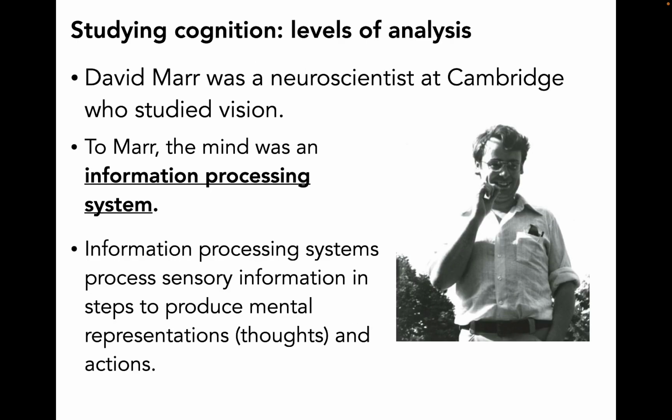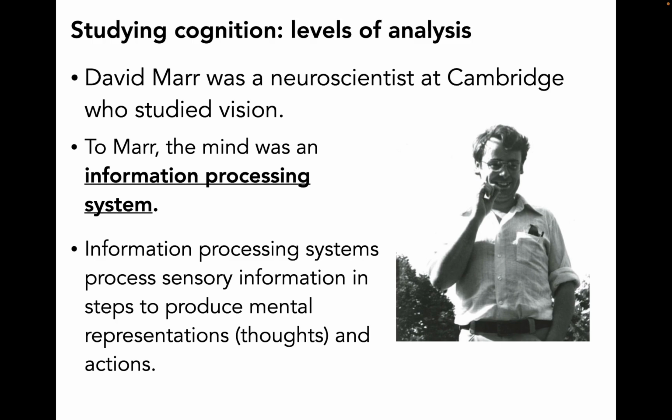Okay, so in this class, we're going to study cognition, cognitive psychology, at 3 different levels. And this approach was really pioneered by a cognitive neuroscientist who worked at Cambridge named David Marr. David Marr is very famous for studying the visual system and visual processing. So how we perceive our world visually and take visual signals to form internal representations of what we think is